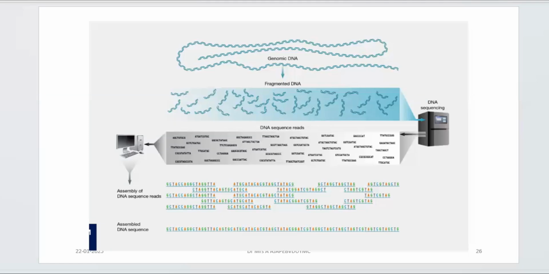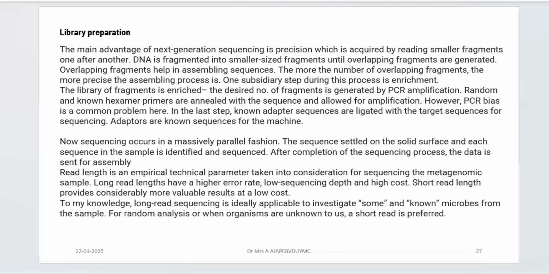All right. Now, when it comes to library preparation, I think you know how libraries are prepared, but you can take a photograph of it, right? Because you know how DNA is cut. There are two ways: either enzyme based, like you do for cloning, or by shear agitation you can break the DNA into fragments. The more fragments you have, the smaller the size. And DNA is fragmented into smaller fragments such that overlapping fragments are there. Unless overlapping fragments are generated, you cannot be successful in assembling the entire sequence.